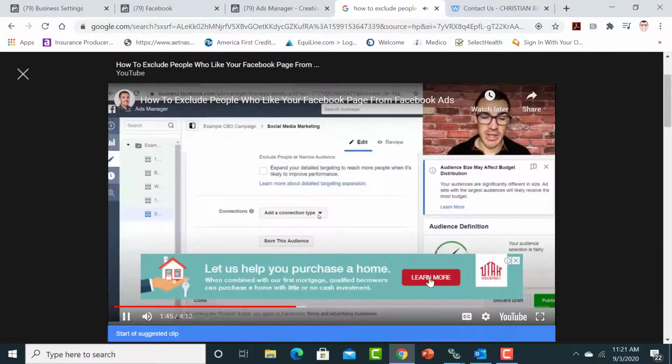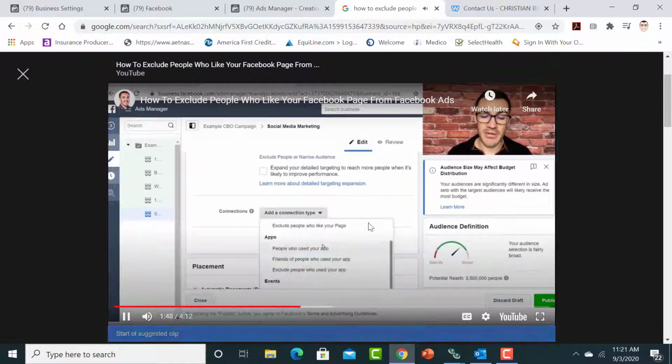Here you want to click on add a connection type, and you can advertise